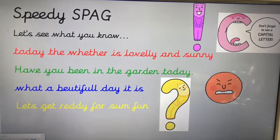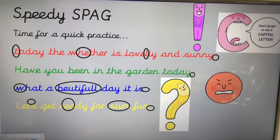How did you get on finding all those errors? I hope you looked really carefully. Let's have a look and see where they all were. So there were quite a few mistakes on that page. We had missing capital letters for today. We had a homophone in there, weather. Now that's the wrong weather. The weather for outside is